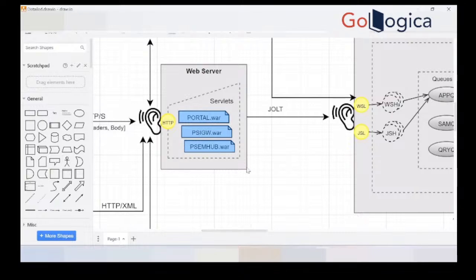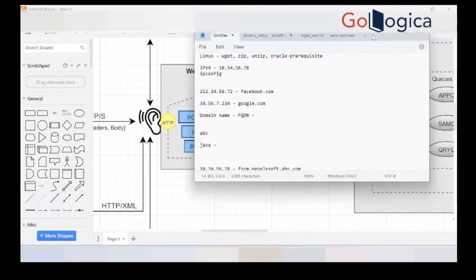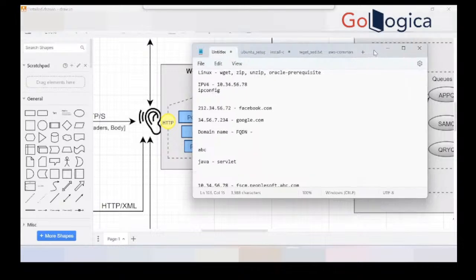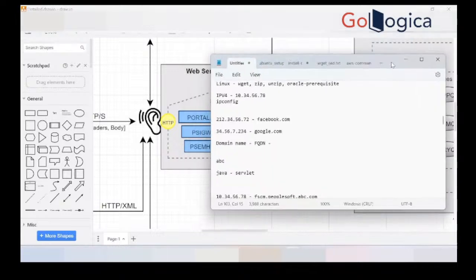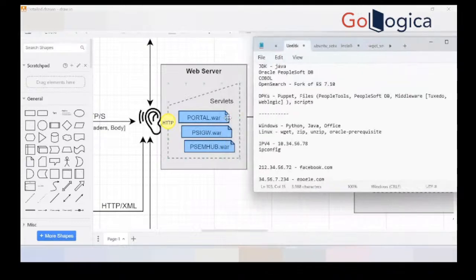Yes, Mohan. Now on the web server, to handle different kinds of requests, you have different kinds of files. Have you guys worked with Java earlier? Any knowledge of Java, like basic, very basic? No, I haven't worked. Okay. Do you know what a servlet is, Sinu? Okay. So in a PeopleSoft web server, you have different kinds of servlets sitting on these folders: